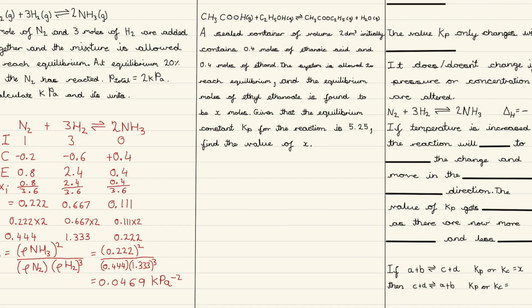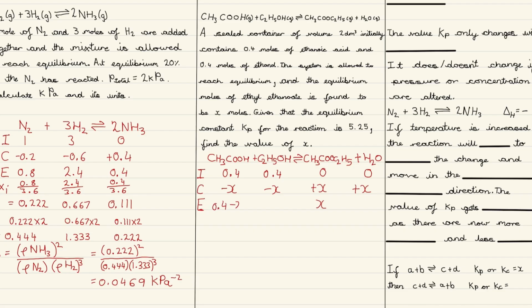So for this question, I'm going to rewrite the reaction and do an ICE table. So initially we have 0.4 moles of ethanoic acid and 0.4 moles of ethanol and 0 moles of our product. However, in equilibrium we have x moles of ethyl ethanoate. This means that we gained x moles of ethyl ethanoate and x moles of water due to the 1:1 mole ratio. And also that means we lost x moles of ethanol and x moles of ethanoic acid. This means that our moles at equilibrium are, and then our mole fractions are